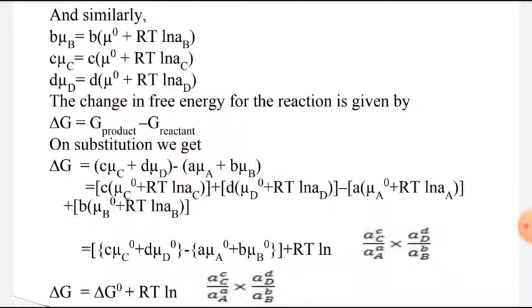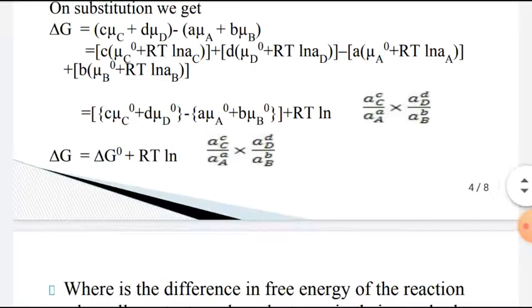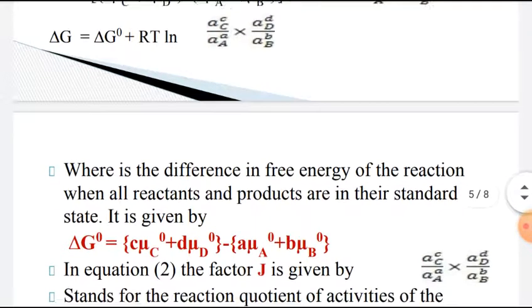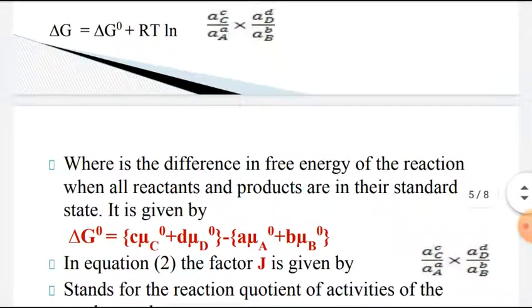On substitution, we get the total of chemical potentials of products minus the total of chemical potentials of reactants, and finally we get del G equals del G0 plus RT ln